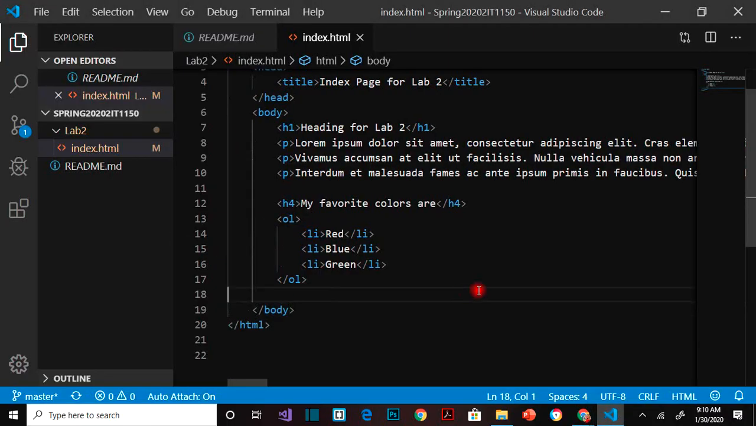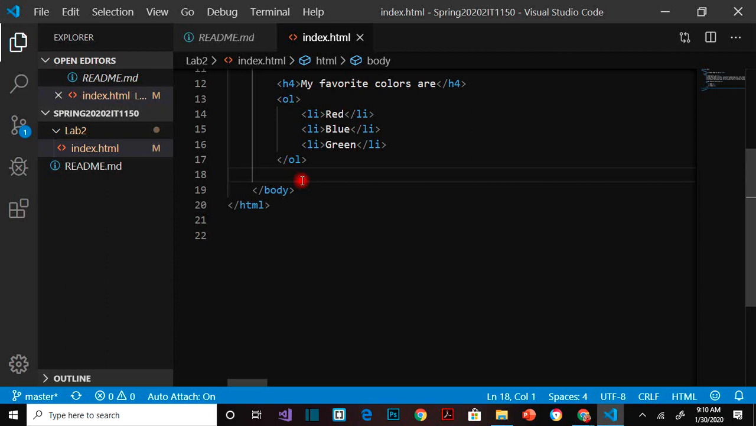This time it is going to be an unordered list. An unordered list will give you bullets. Unordered list short form is UL, the tag name. So you have list, element. So let's call this